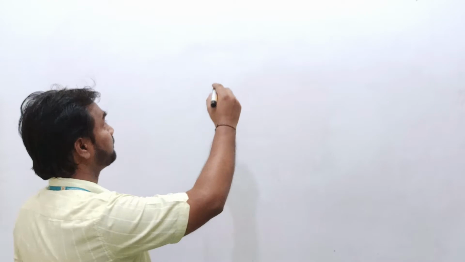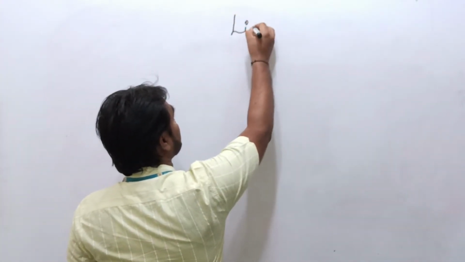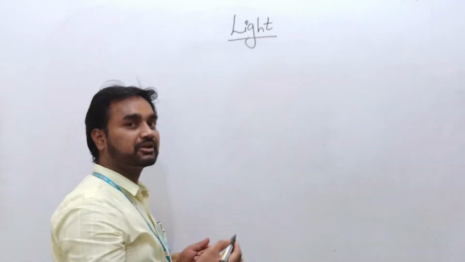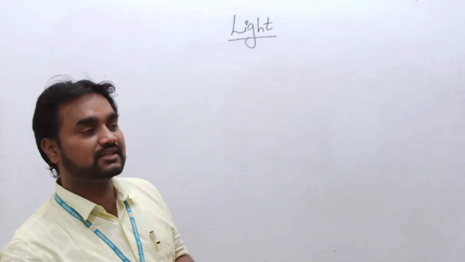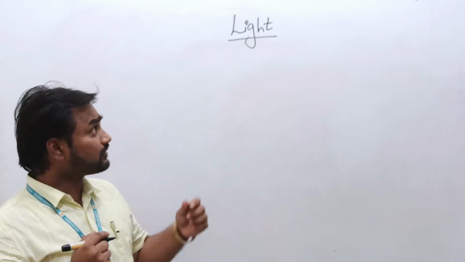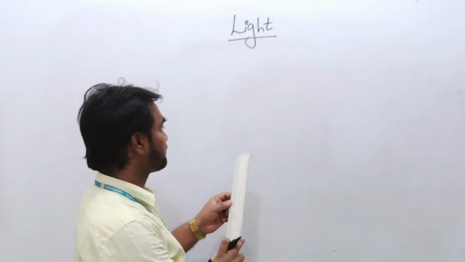Hopefully today we will try to cover image formation in the plane mirror, and also we will see the characteristics of the image formed in the plane mirror. Okay, and this is again a part of the light chapter itself, which is chapter number 10 in NCERT CBSE. Okay, so like yesterday we have seen that,